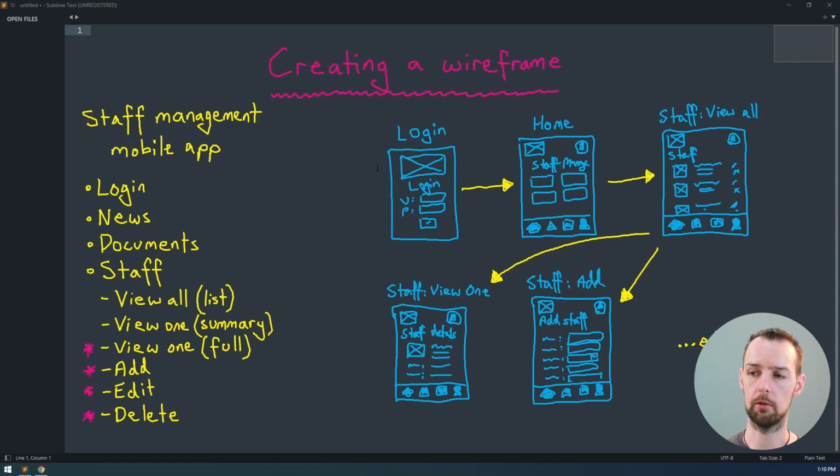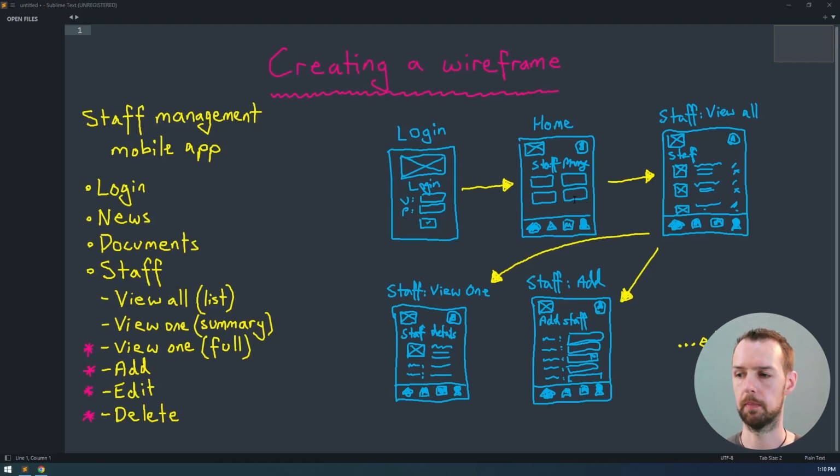So we've got a login screen over here. Obviously that would be the starting point of the app. Until someone is logged in, they're not going to get access to any other functionality. They'd have some sort of landing screen, some sort of home screen. So I've just called it home here, which is pretty common. It's a quick access point off to different areas of functionality. So there's a little bit of a title here and a few buttons that point off to